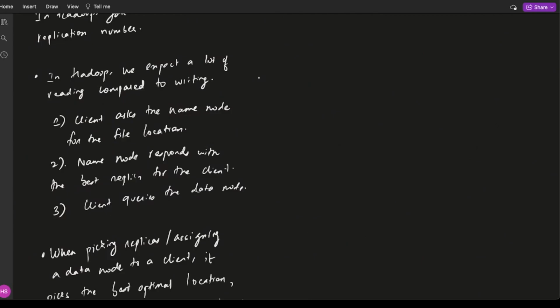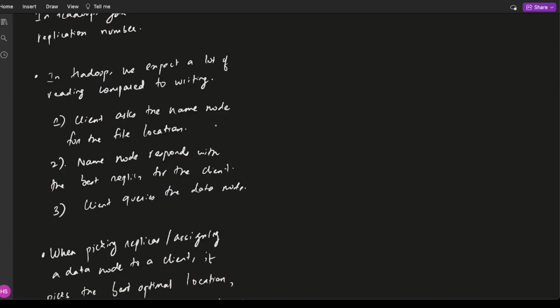So you won't typically be overwriting the data in an IoT sensor. Whatever data is coming from the sensor, you're storing that and just reading on that and working on that. So in big data, we typically do a lot more reading compared to writing. So number one, if you want to read,